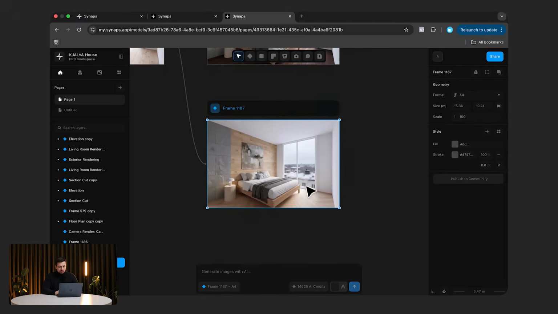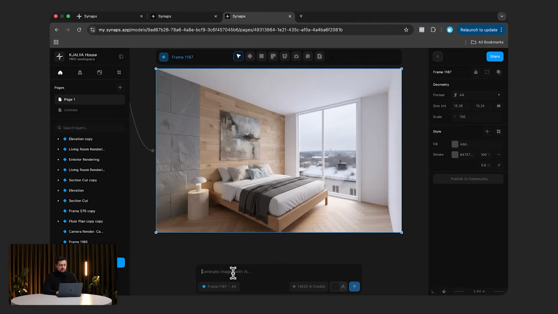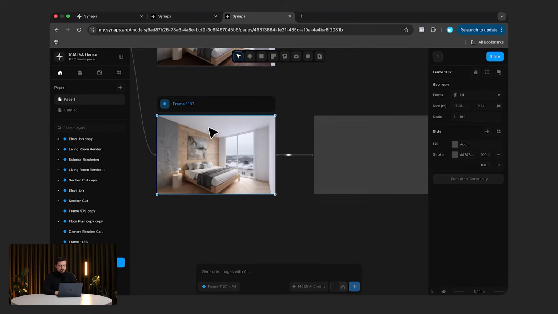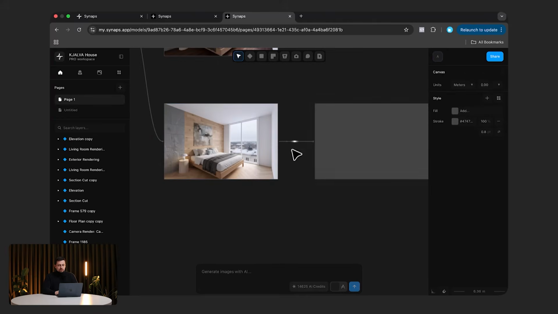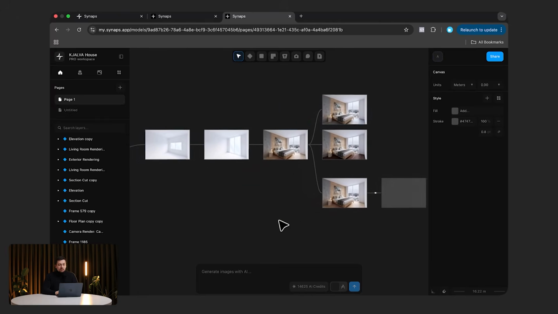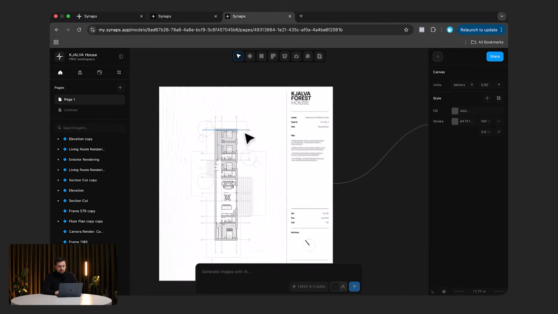So we can just choose this one and we can give it more details. For example, we can say add recessed LED strip lights in the ceiling. So we can click send, and now we can also edit the lighting just by prompting here. So this is just one of the very cool ways that we can go from 2D floor plan to a